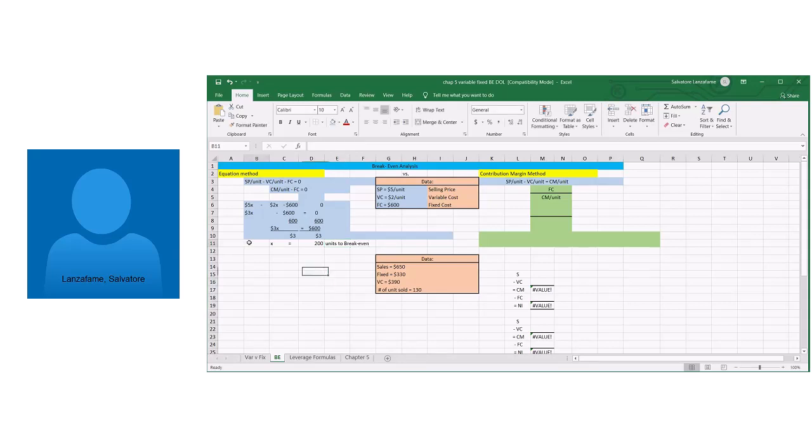So by doing this algebra, I was able to discover the answer: I need to sell 200 units of whatever thing, this plate, this imaginary item that we were talking about, in order to break even. We need to see 200 patients in order to break even, whatever the scenario happens to be. So this is one way that you can calculate break even,